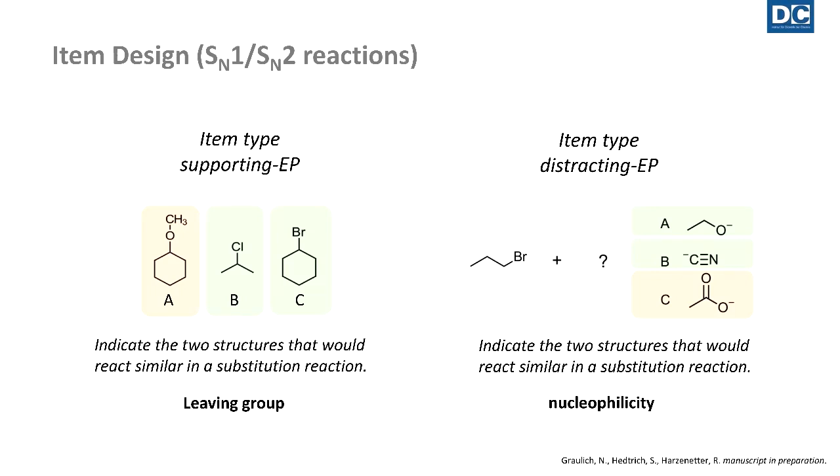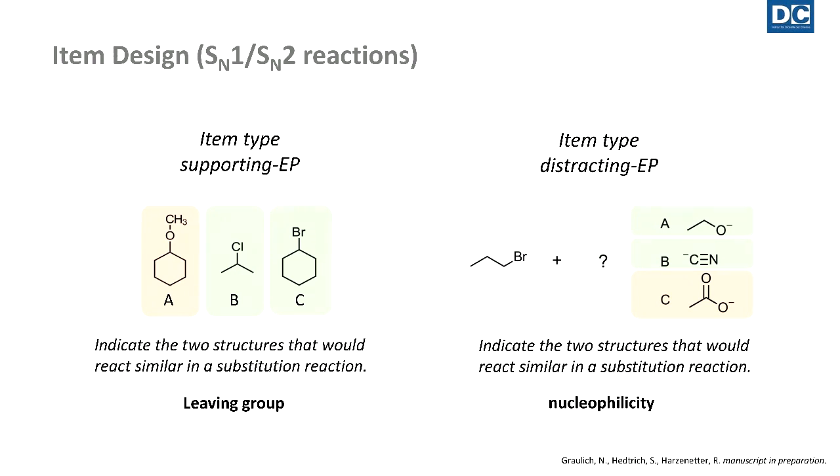So here are the two different types of items that we were focusing on. We used SN1 and SN2 reactions and created items in the different concept categories that are necessary to understand SN1 and SN2 reactions. Here are the two examples, leaving group and nucleophilicity. When you look at the first item type, the supporting explicit property item type,